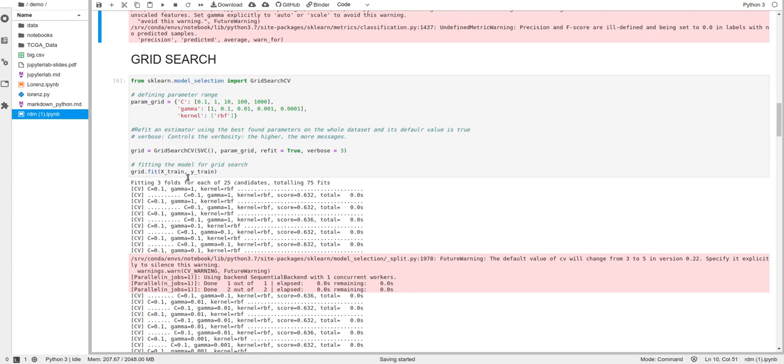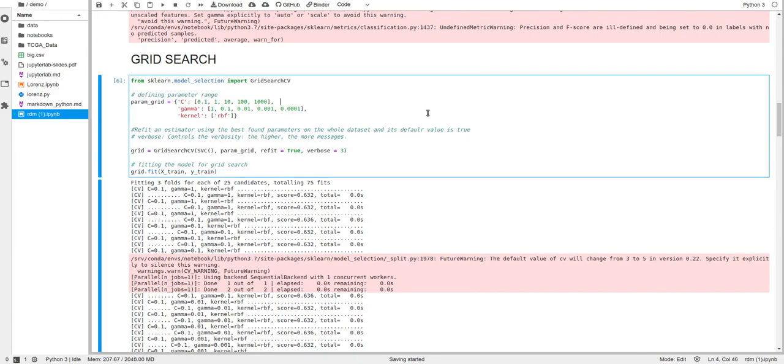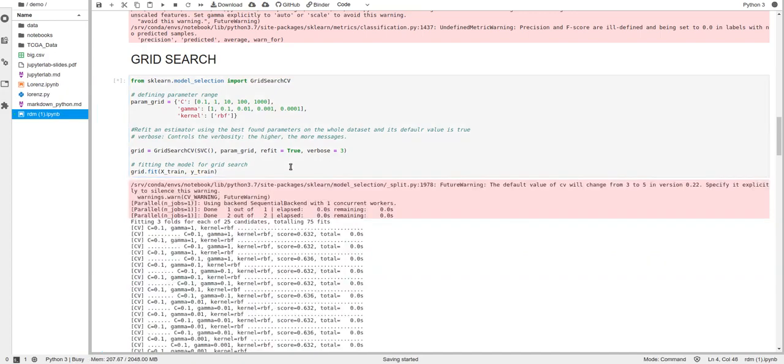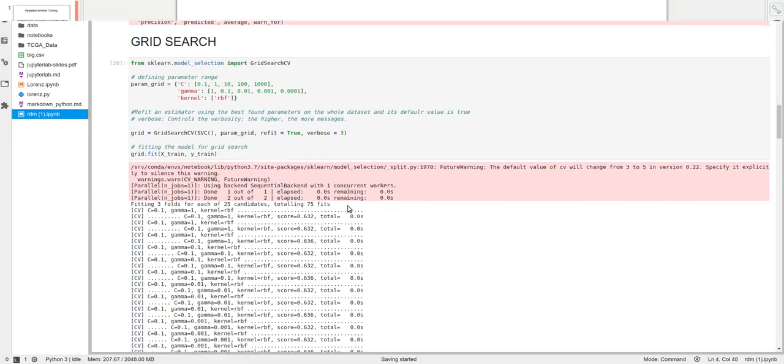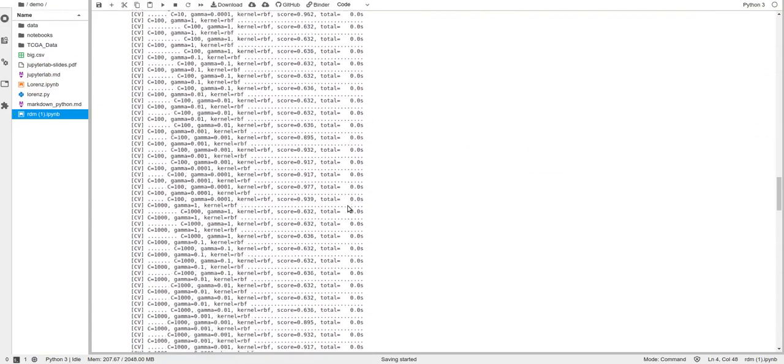Fit will help to find the best parameter combination, which helps increase our model accuracy, and it is used here on the grid. I will execute it for you.